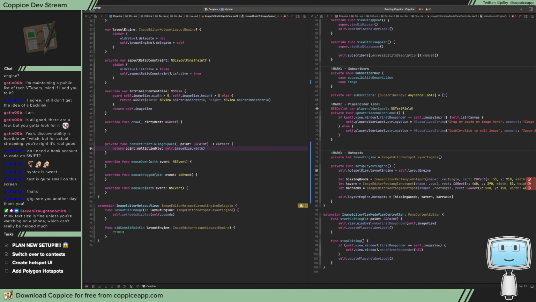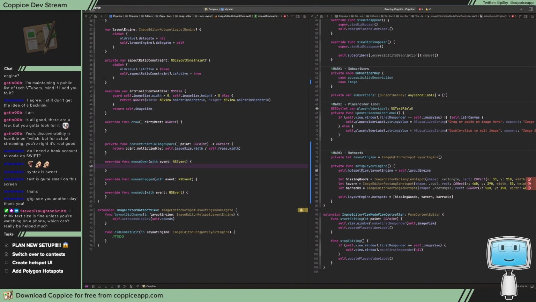Well, we've gone by the aspect ratio, so it doesn't matter what we do with the height. Self.frame.size, which we don't even need the dot size. So let point equal